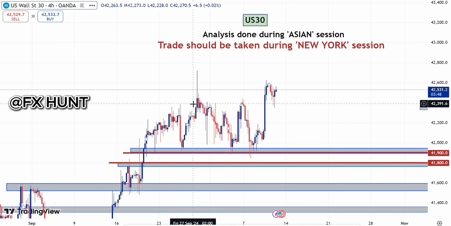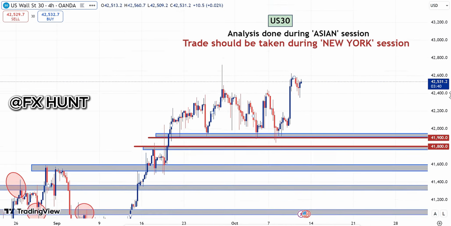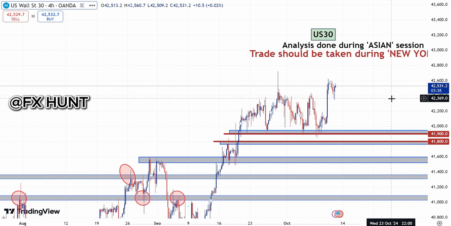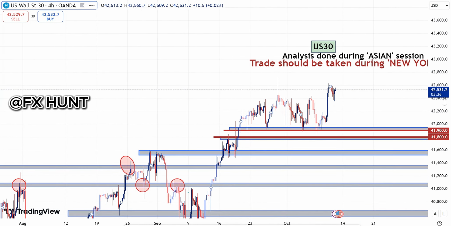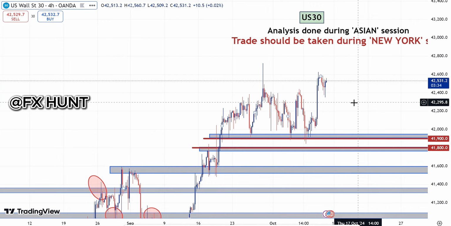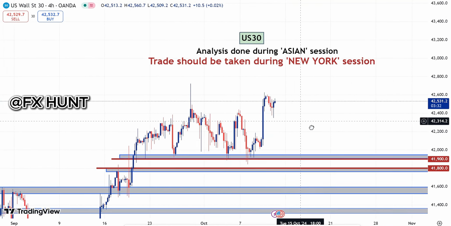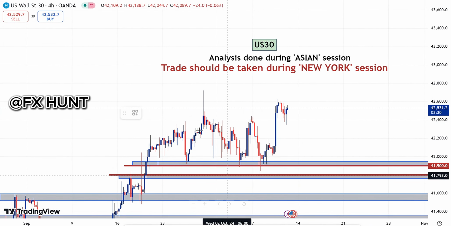So what are we expecting the market to do here on US30, today being the 11th of October? Right now we are in an uptrend. As you can obviously see, we are in an uptrend here on US30. So what are we expecting the market to do? I've already spotted